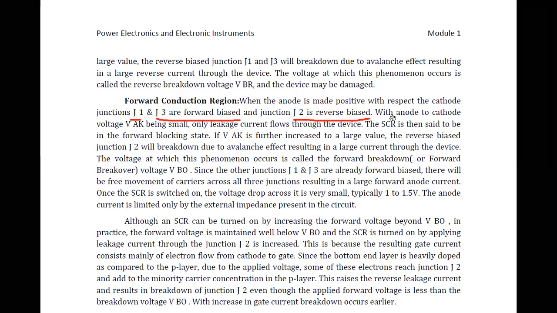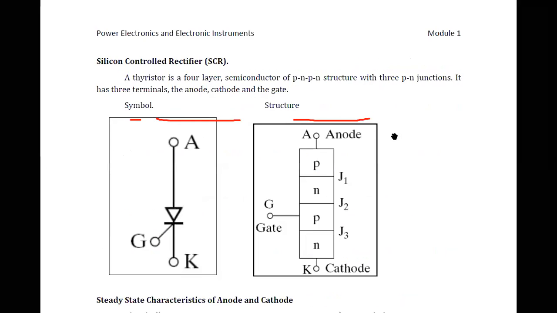Okay, the junctions which you have here, three junctions, right? Out of these three junctions, junction J1 and J3 are forward bias, but junction J2 is reverse bias. The middle junction is completely reverse bias. Reverse bias in the sense